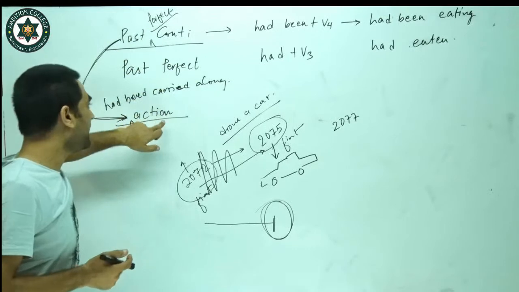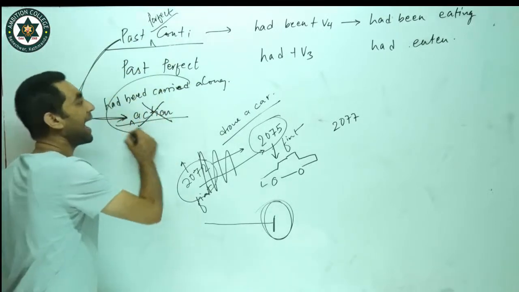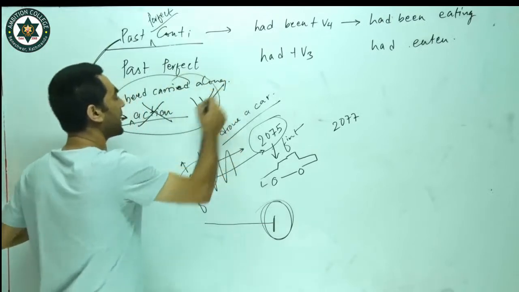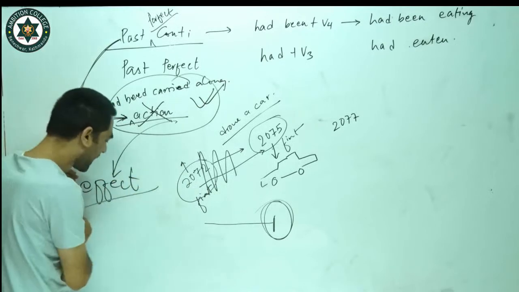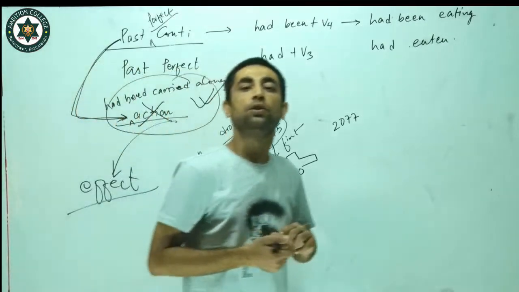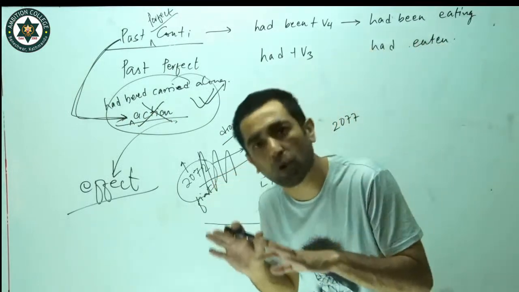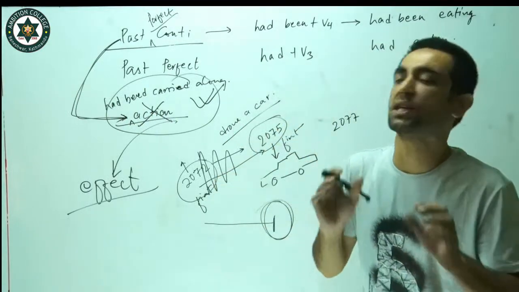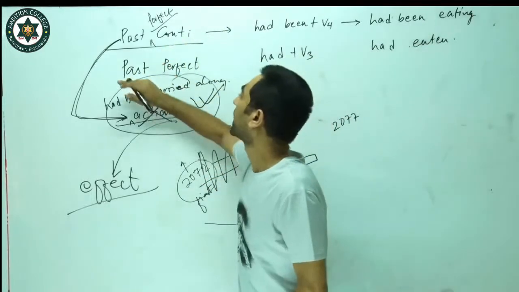Now when the action is not carried, rather the action has completed, but the effect is remaining there, but the result of the action is still prominent, still visible, we use the past